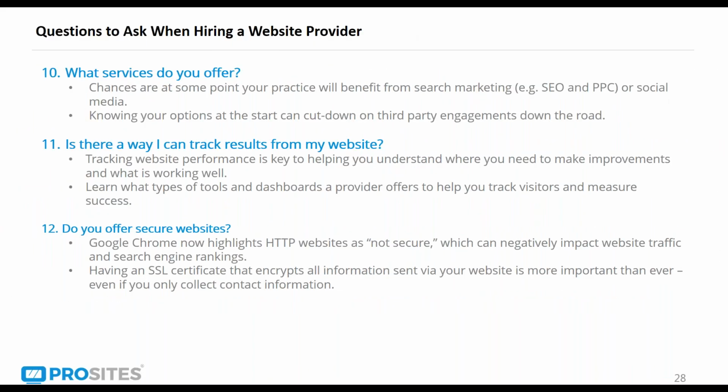You also want to ask what other marketing services they offer. In some cases, the website provider only provides websites. In other cases, they do other things for you, like helping you to manage Google Ads or full search engine optimization, or even social media management. So understanding what they offer up front